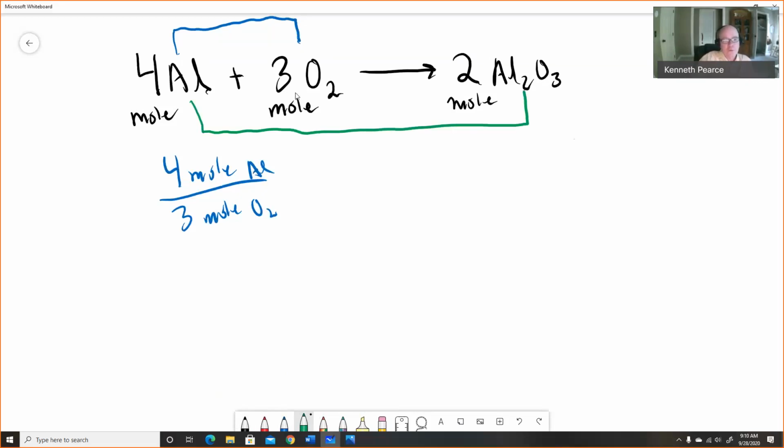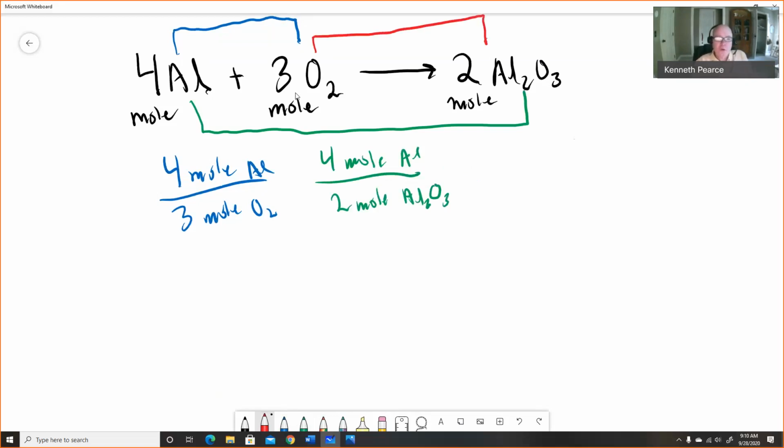For every 4 mole aluminum, we get 2 mole aluminum oxide. And finally, how about between the oxygen and the aluminum oxide? These are all the pairs we could possibly have. That would be 3 mole oxygen for every 2 mole